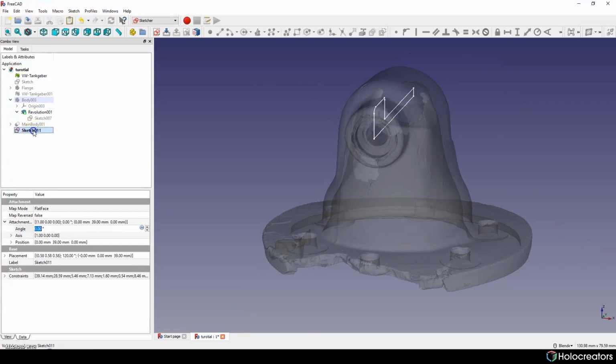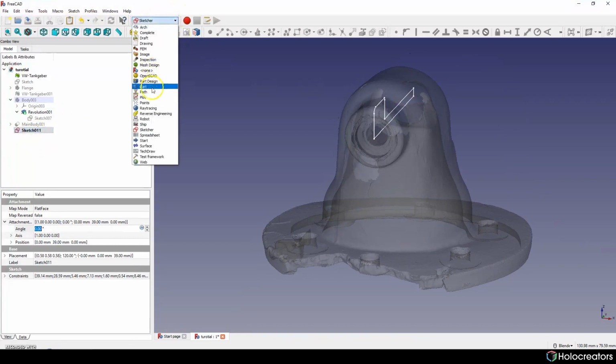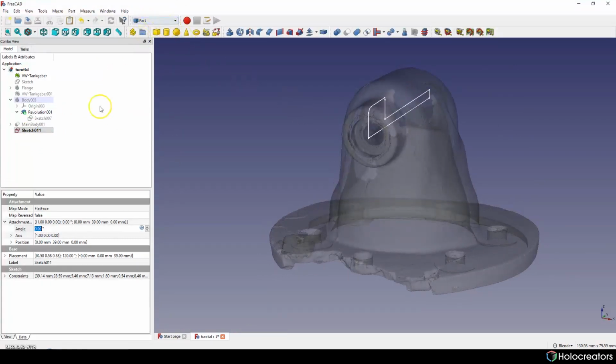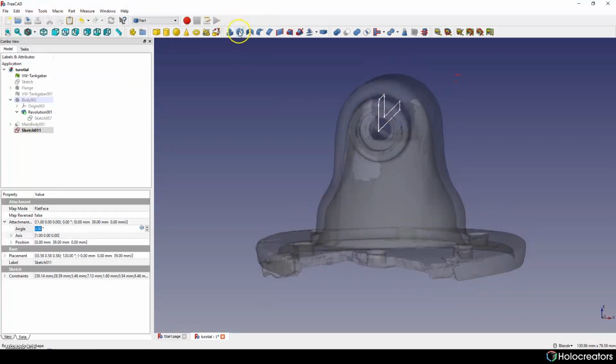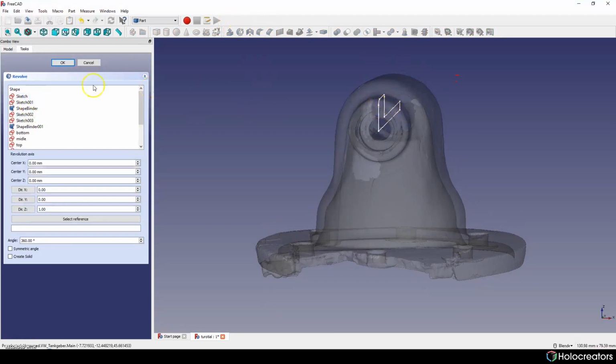Next, we're gonna rotate this. We can go to Part and choose Rotate.